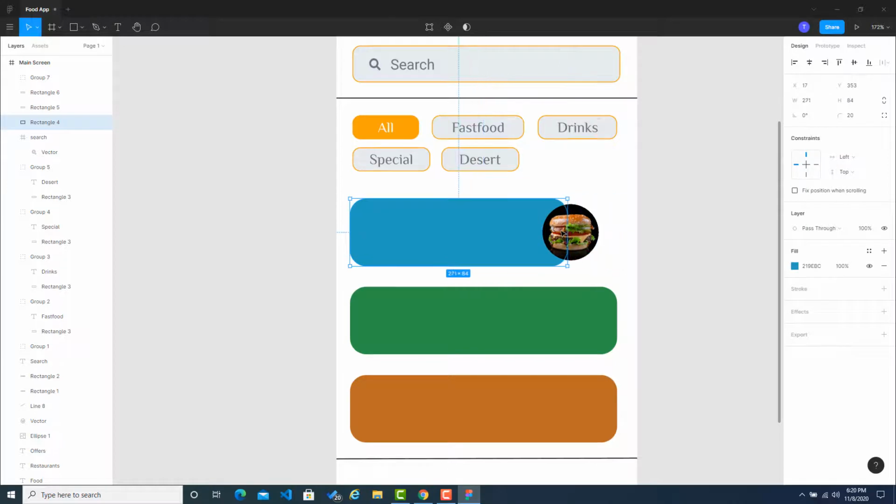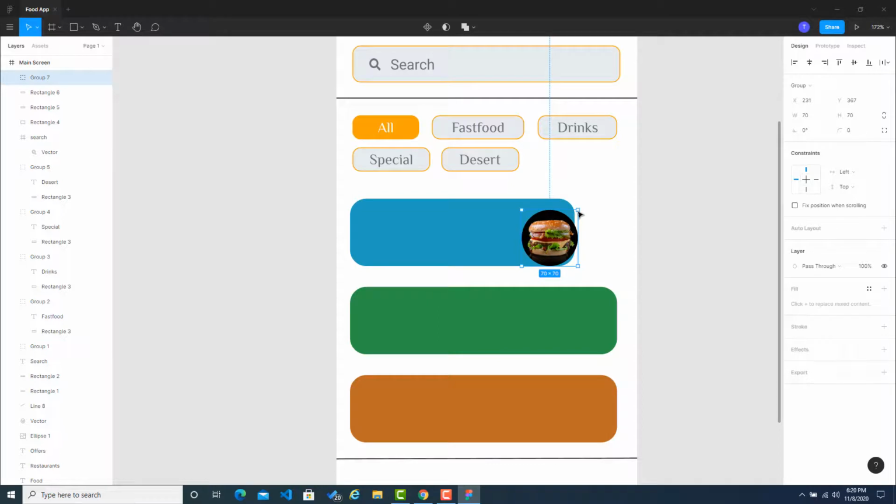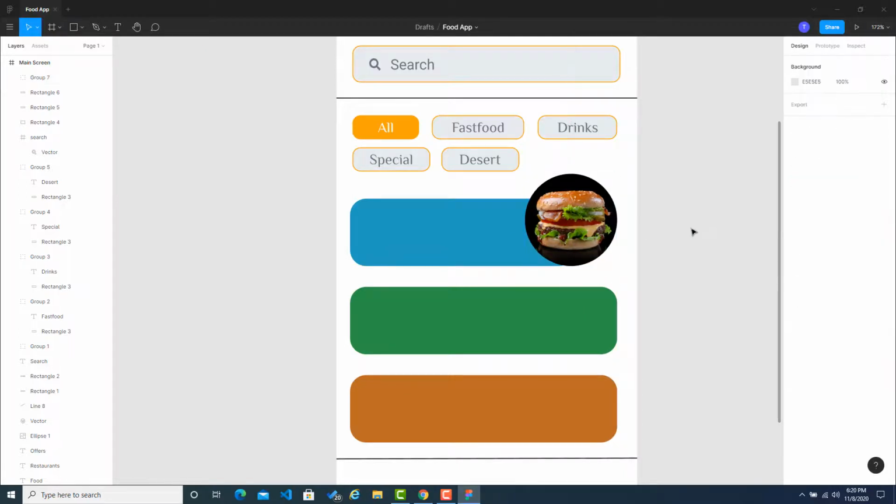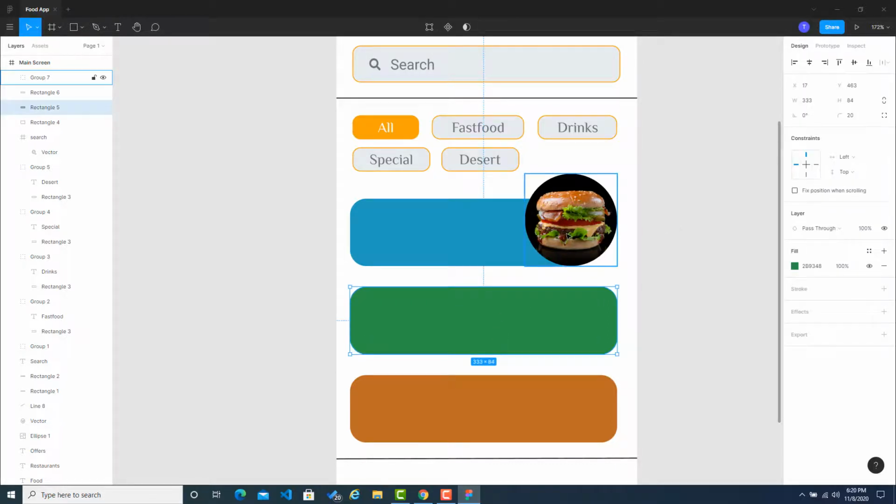And one thing that I can do, I can just make this small and make this big, so that it seems that this is popping out from here. You know what I mean, right? So this looks something like this. And yeah,